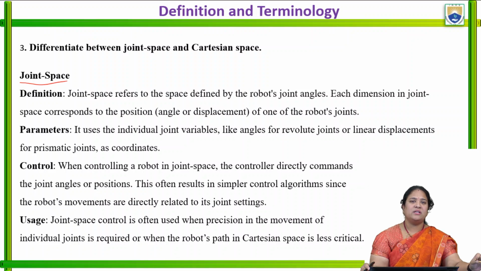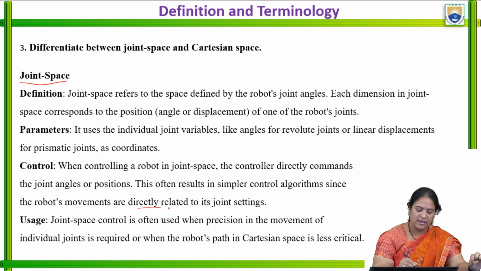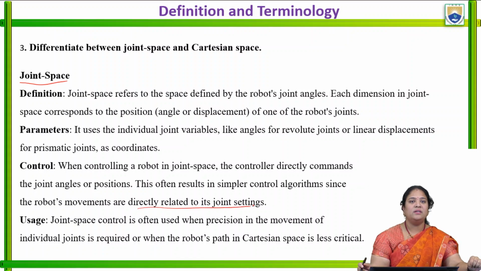When we come across the control system, this type of joint space is controlled with direct commands where the joint angles or the positions will be controlled directly, and it is very simple in operation, and the control algorithms in the robot movement are directly related to its joint settings,